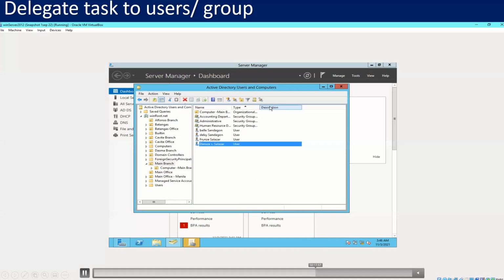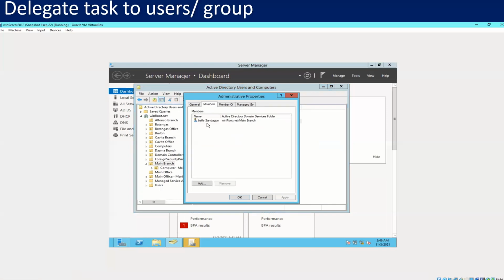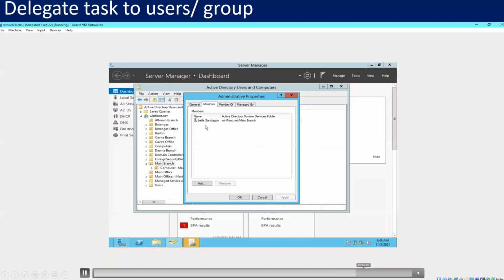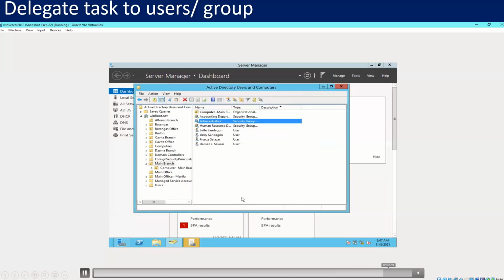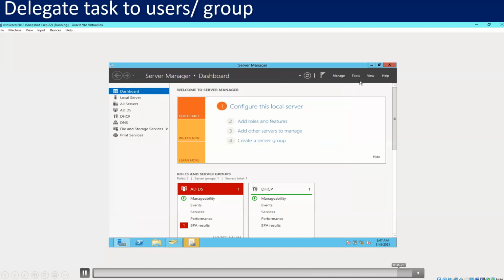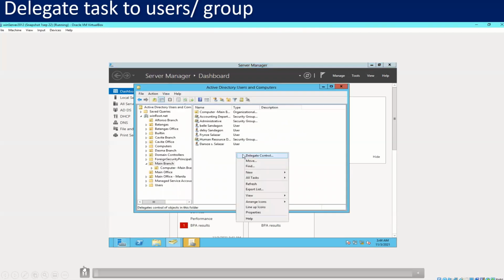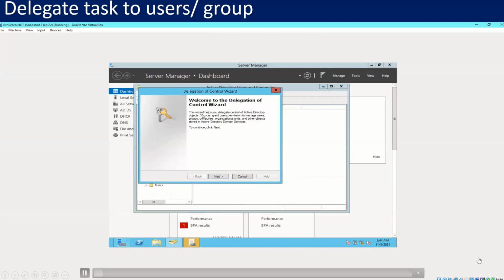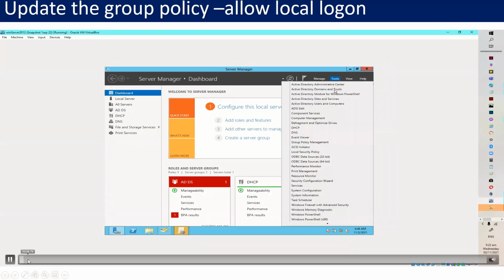And of course, this task will also be available to the users under the administrative group. So we have Ben Sandagon as a user in the administrative group. So we have to check if this delegation will apply to our target user. Next, after the delegation, so we will update